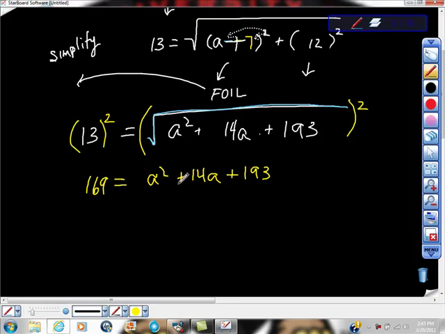And then this is a quadratic, so that's my next clue. I see this is quadratic, right? This is what they're testing us on. This is not the easiest thing in the world because it's such a process. Because this is a quadratic, I know I want this whole thing set to 0, so we're going to subtract 169 from both sides. And we get 0 is equal to a squared plus 14a plus